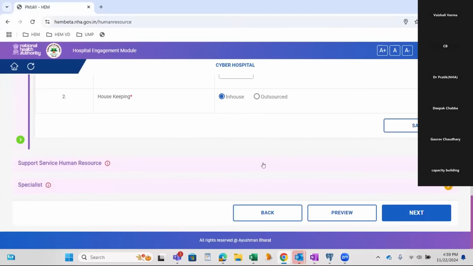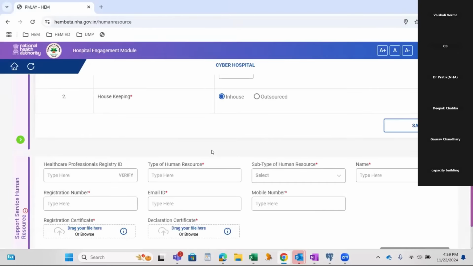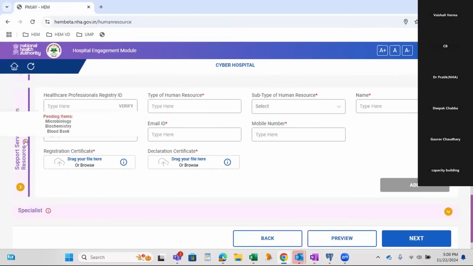Moving to the next section, support service human resource. If we hover, this is for our explanation, these are the three fields where we need to enter: microbiology, biochemistry and blood bank for this resource.